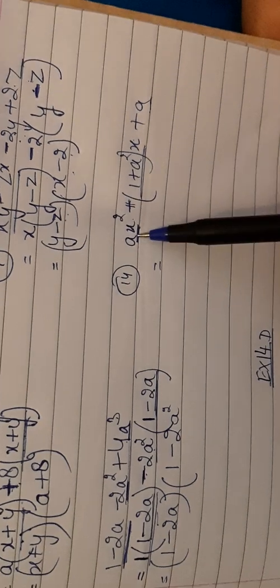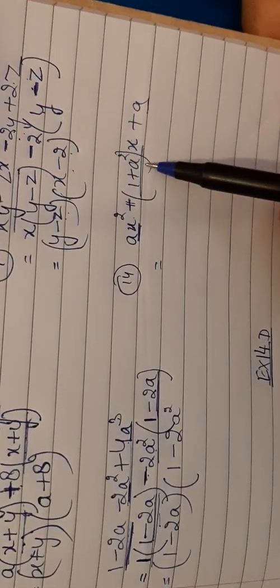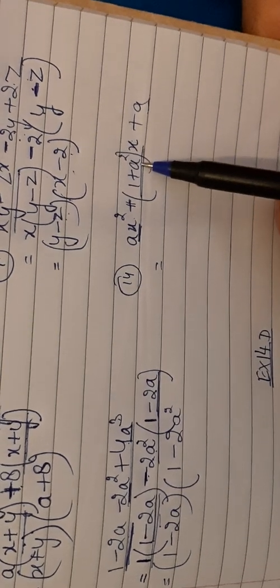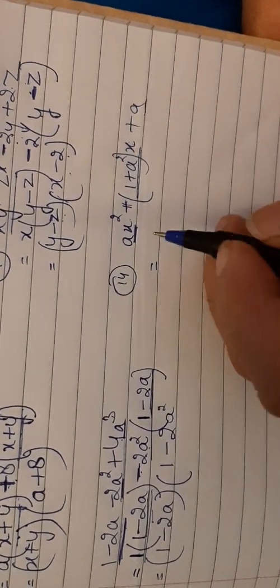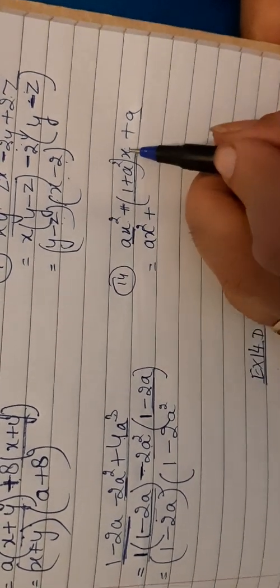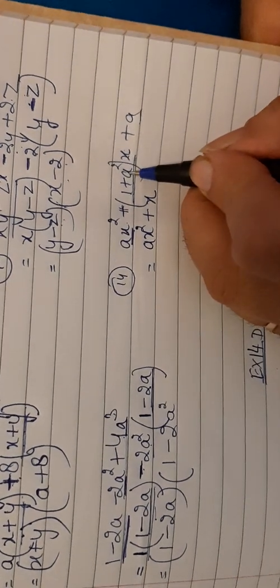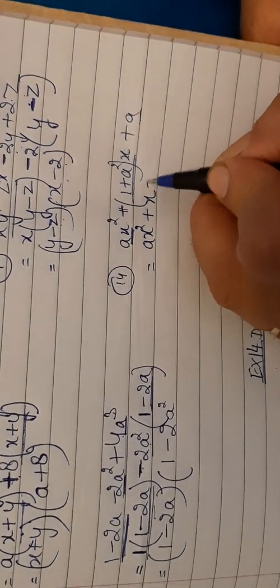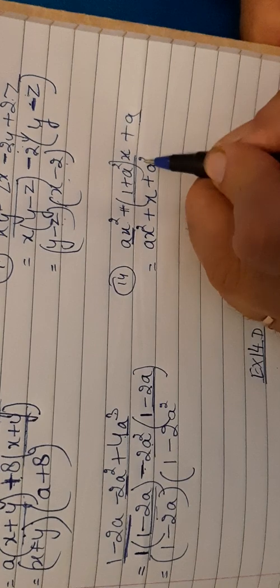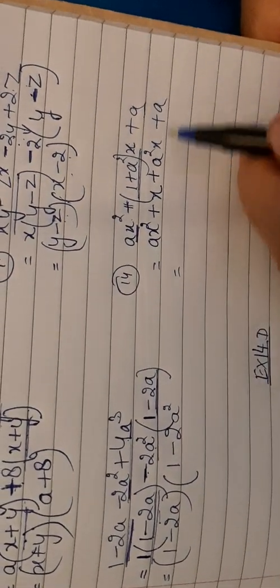Now in this there are 3 terms, so I cannot form the group. For that you have to open up the bracket by multiplying this binomial with x. So first we have to do multiplication. Plus x multiplied by 1 will give you x. Then a square plus x. A square into x will give you a square x plus a. Now you see we have got 4 terms.